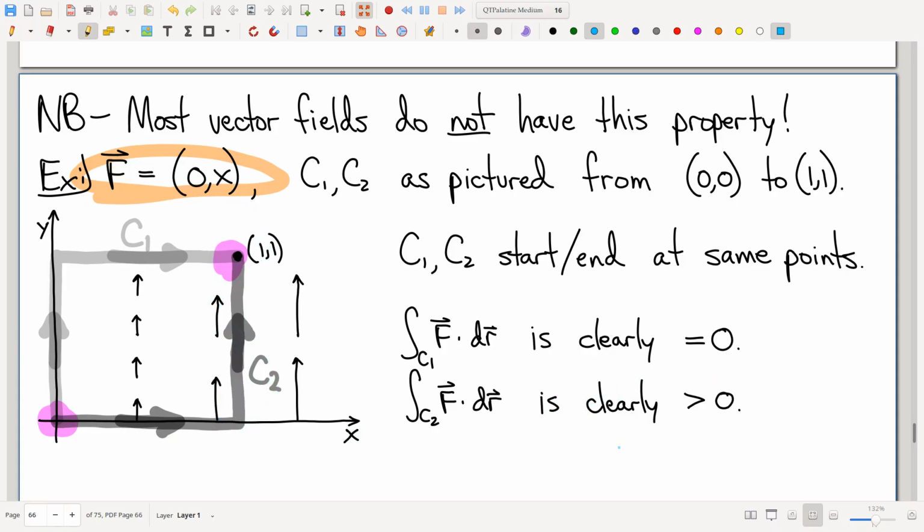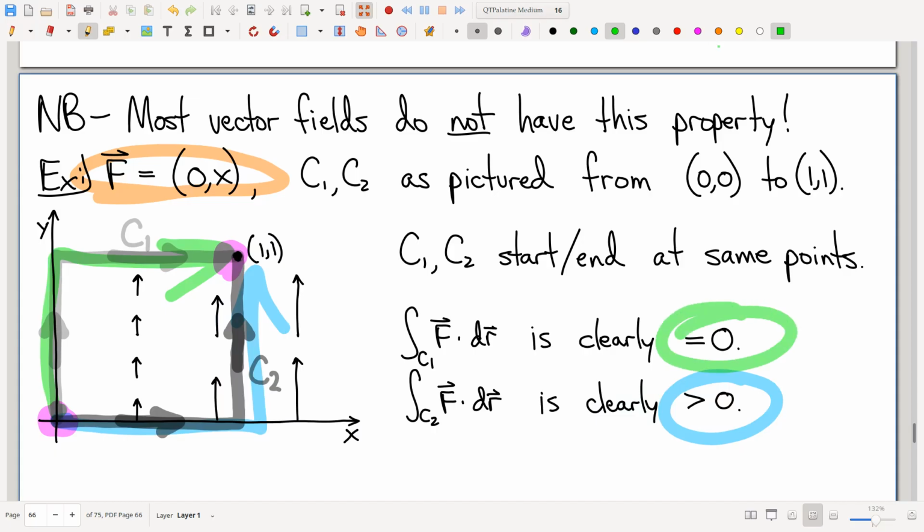And so these two line integrals: on this curve, it's clearly positive. On this curve, it's clearly 0. And these are not the same. So this vector field is not path independent. And that's the big purpose of this example. Of course it's not. Most vector fields are not. All right, so that warning aside,